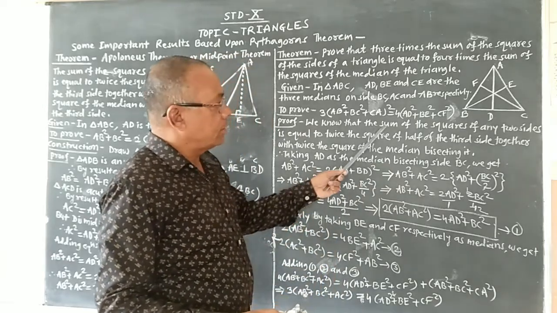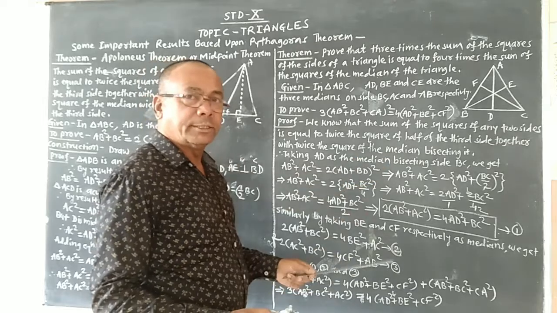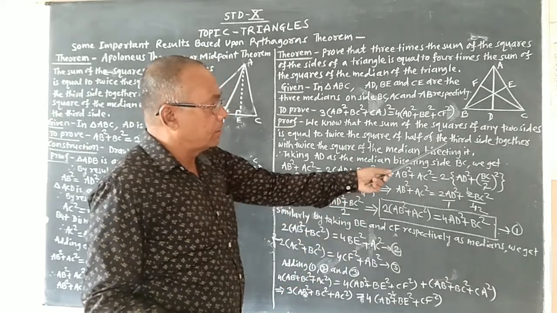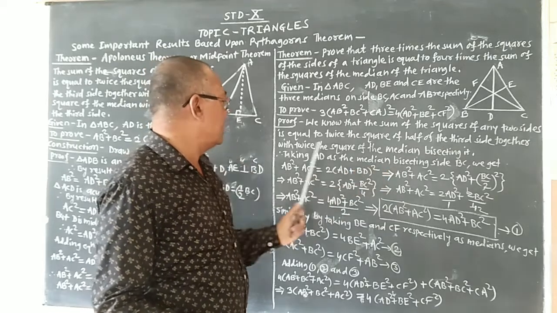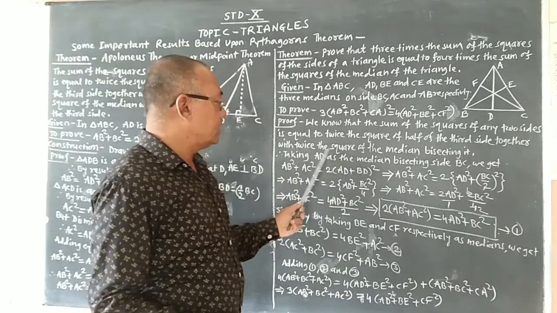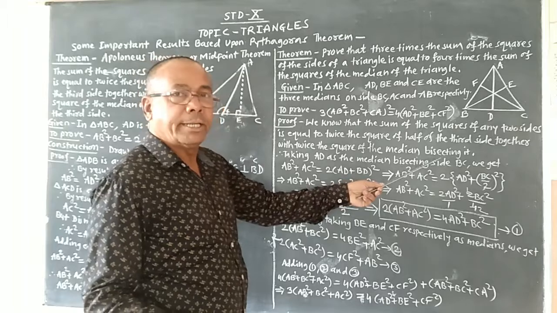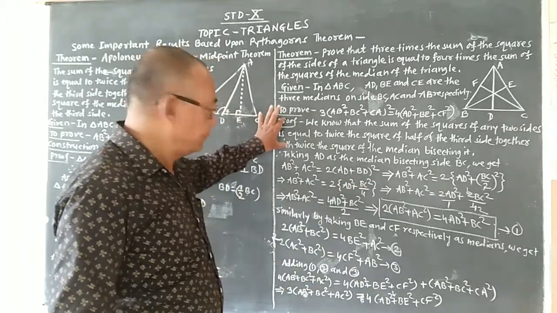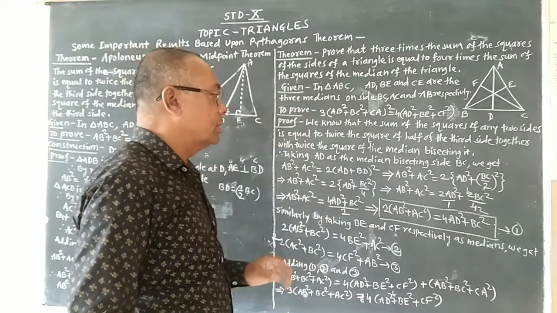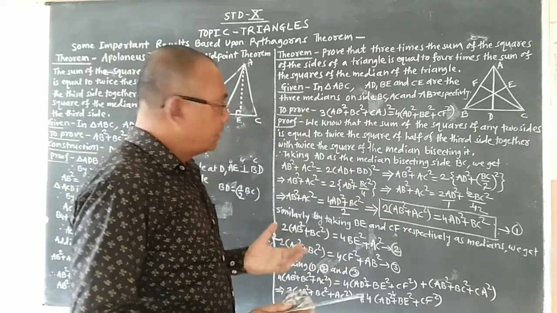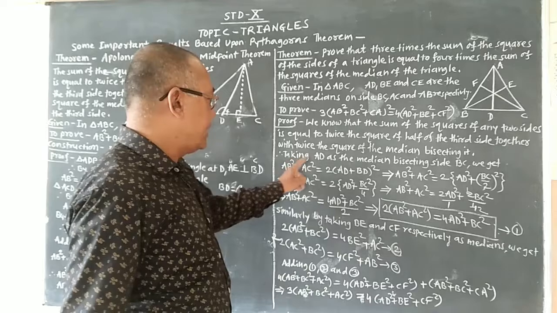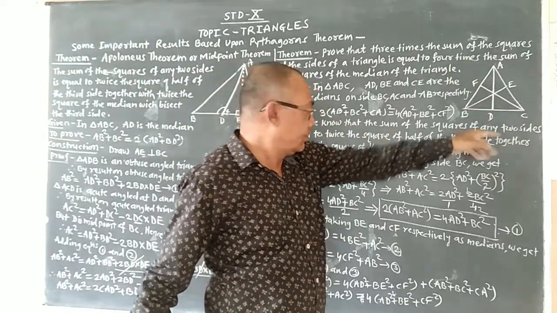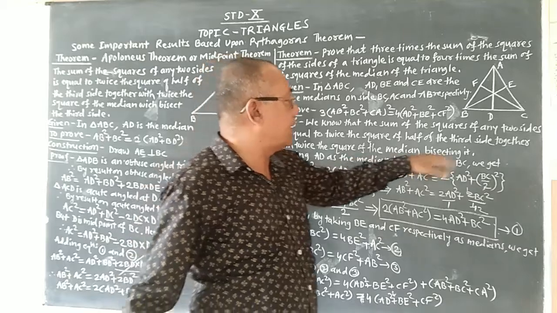We know that the sum of the squares of any two sides is equal to twice the square of half of the third side together with twice the square of the median bisecting it. Means here the Apollonius theorem is given, and according to the Apollonius theorem, if a median is given, then we can write, taking AD as the median. Here AD is the median, bisecting this side BC,